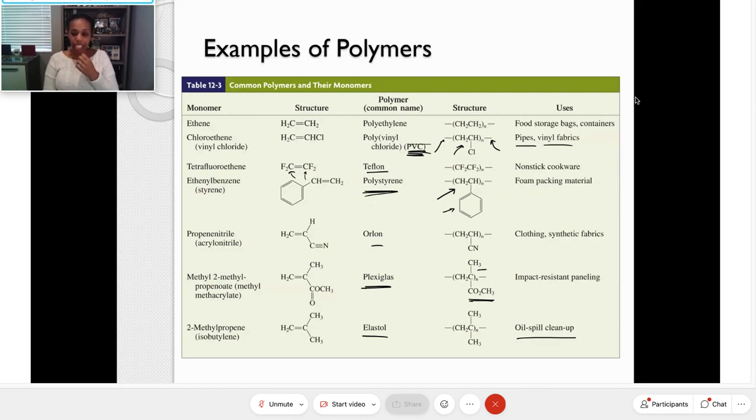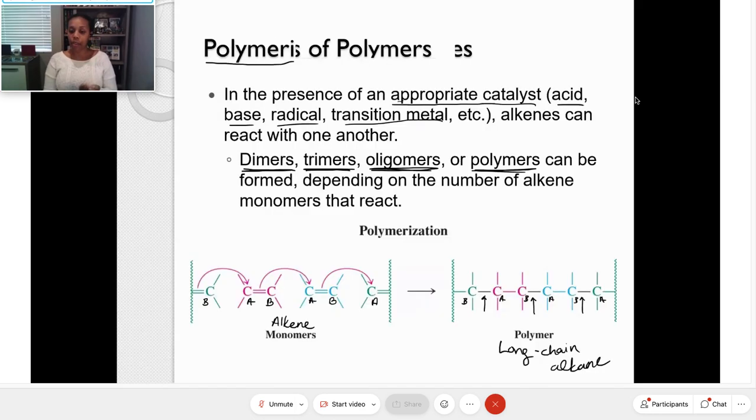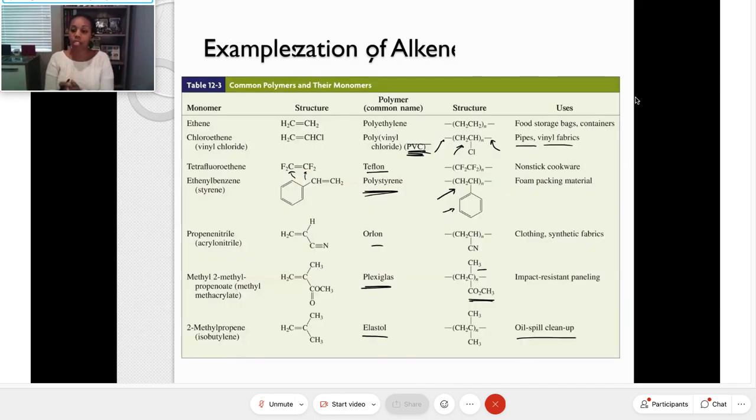But looking at this, as I said before, we get these long chain alkanes. So long chain alkanes are very stable, right? They don't react. So it's cool, but at the same time, when we make these polymers, we don't really have ways to break them down. And so they end up polluting because we get these long alkanes. Alkanes are pretty much impervious to all other reactions, so we can't break them down into other things. So once you make a polymer, you kind of have a polymer, and it's just kind of hanging out until